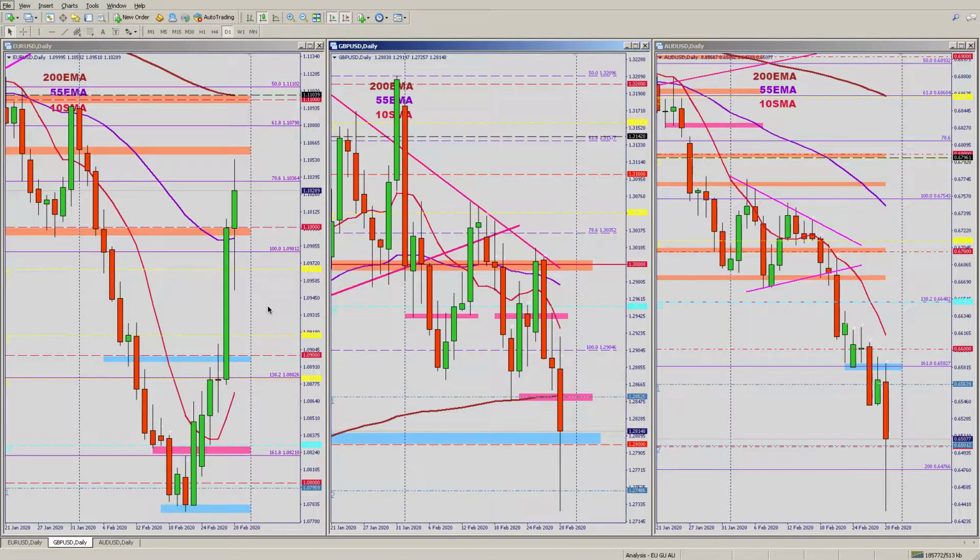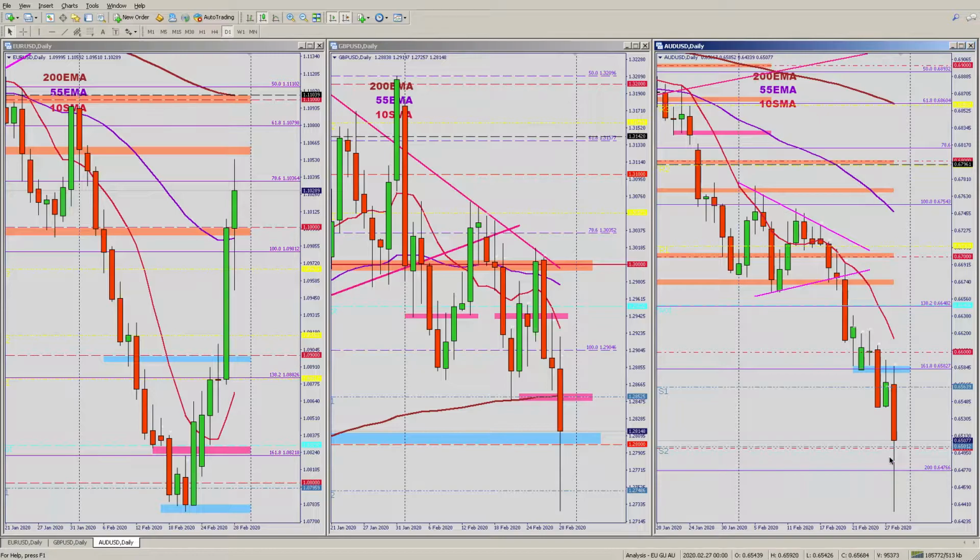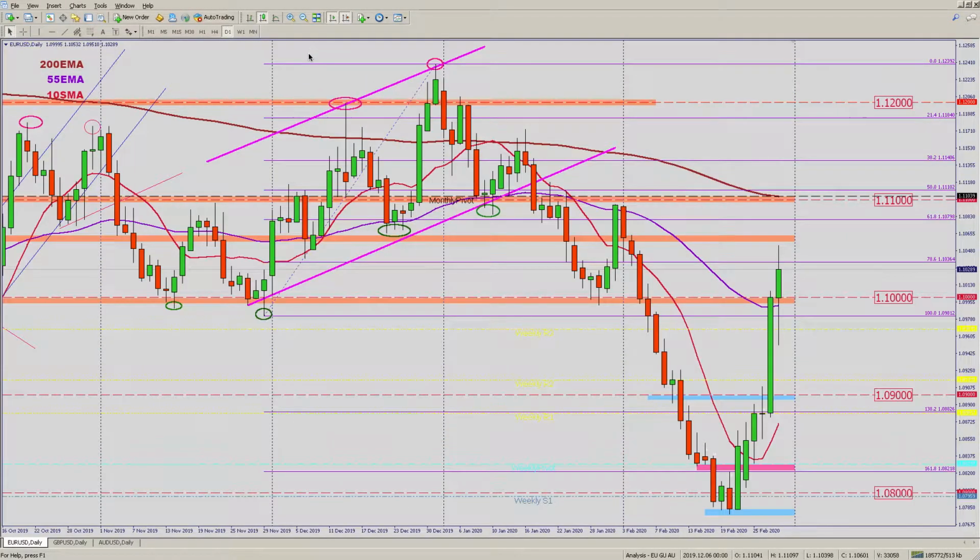And you can see that for the Euro, it has gained against the US dollar and also at the expense of the pound, and the Aussie dollar has continued to fall further, deeper past its lows for quite a while. And let's start off with the euro,